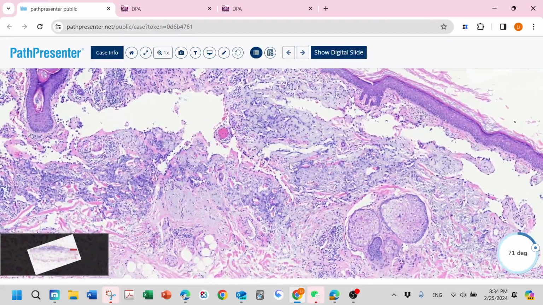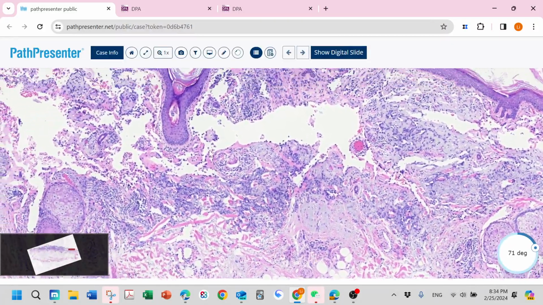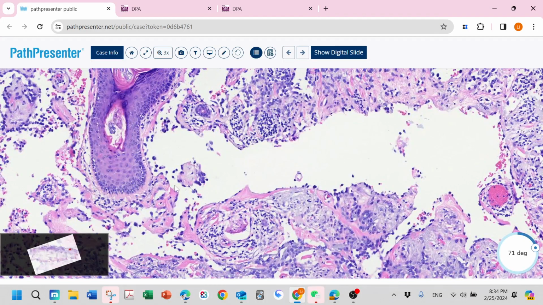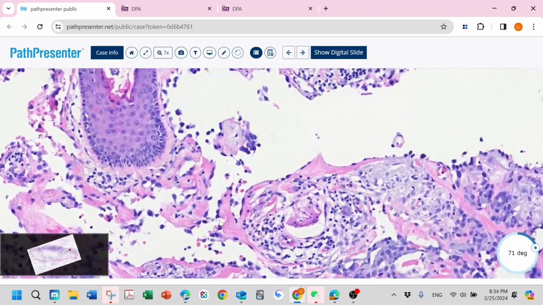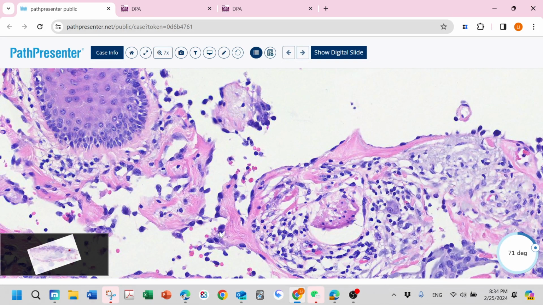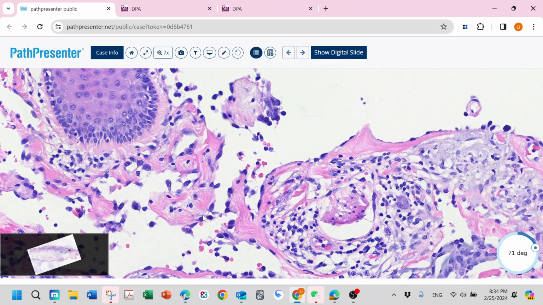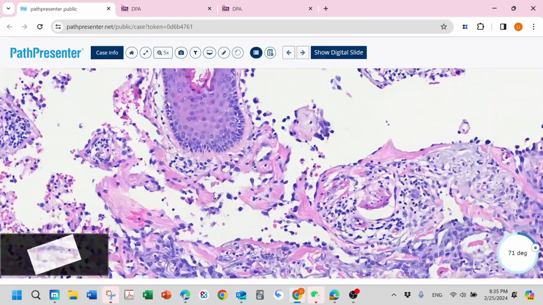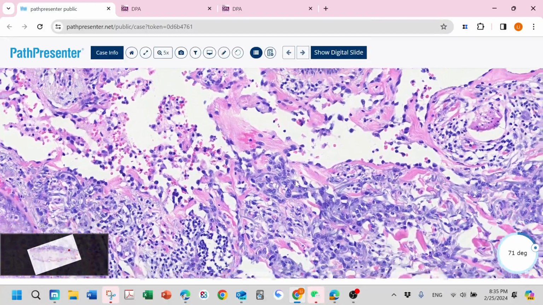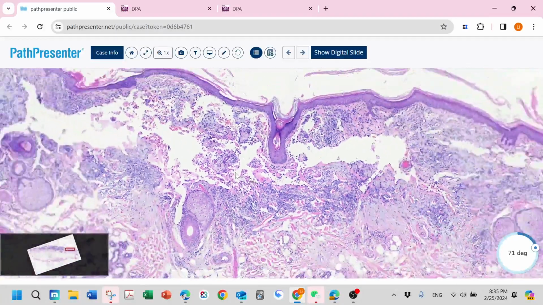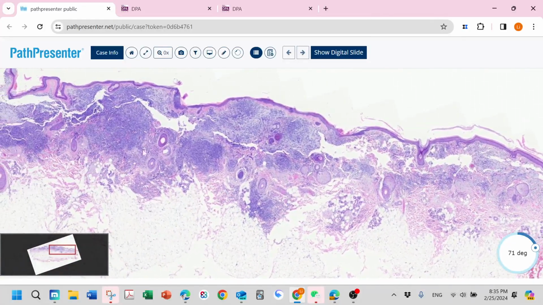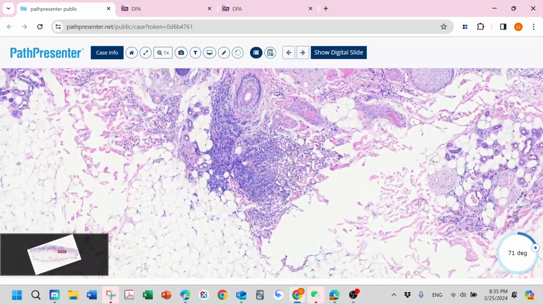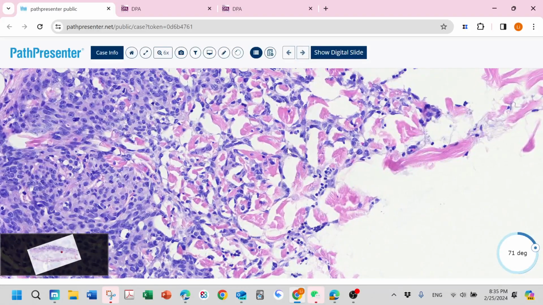Then we just zoom in to see tons of this blood channel lined with endothelial cell, but this is not endothelial cell. Look, the nucleus is really dark, almost like a lymphocyte, but they are really big compared to this red blood cell. Really big cell, really scant cytoplasm, really high N:C ratio, really atypical looking cell proliferation, really infiltrated, really broad and deep, even go to the subQ. See, all of these are angiosarcoma,